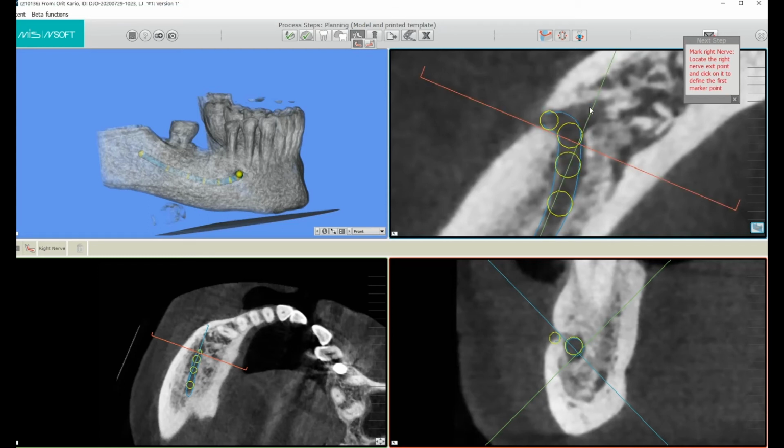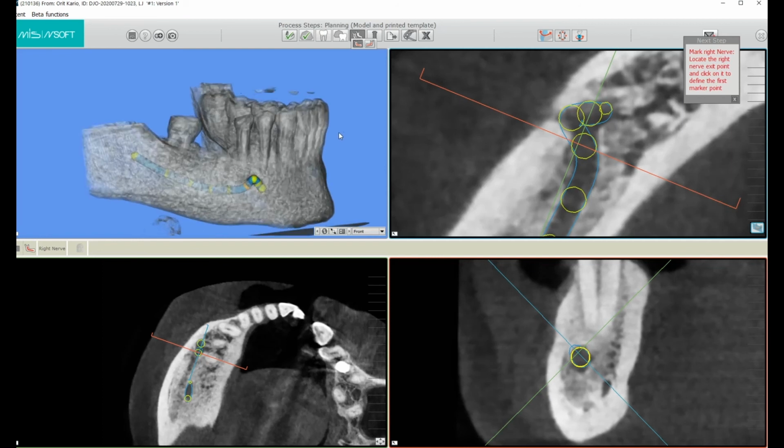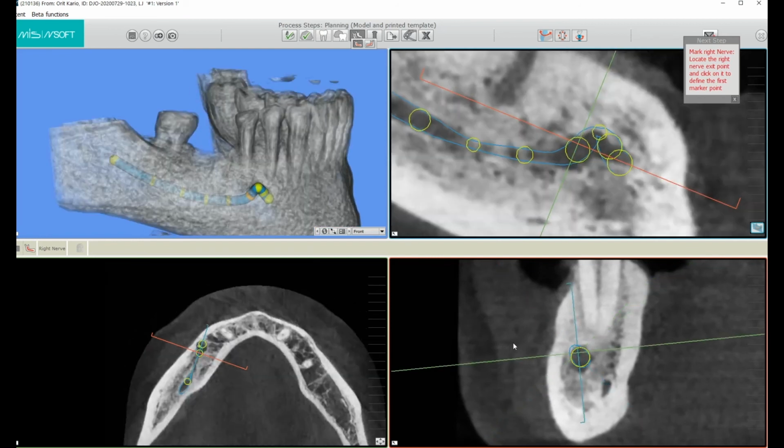If there is an anterior branch, we can mark it. If you plan to have implants going in the anterior direction, you can add points to follow that anterior direction. In this case, we won't be needing it. You may use the shift and left mouse button to move your cursor like I've done here.